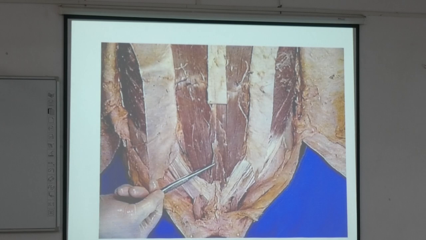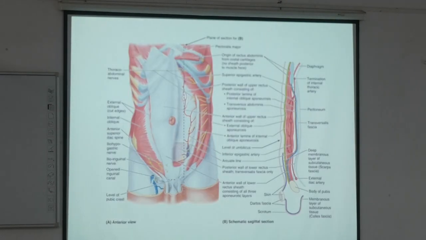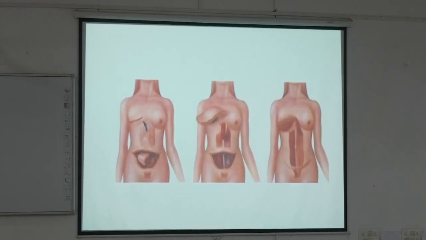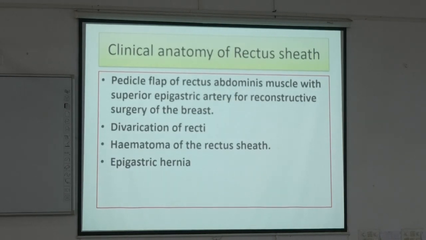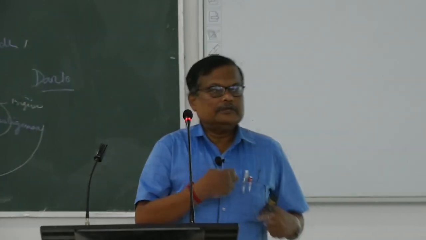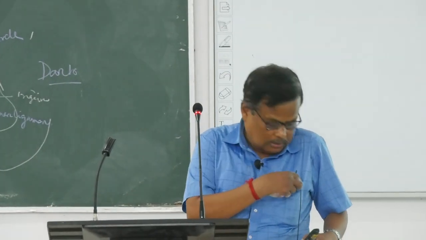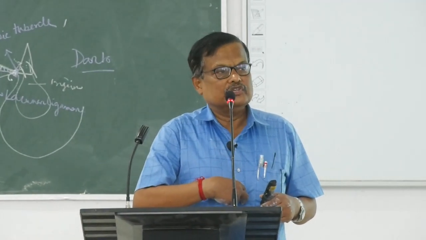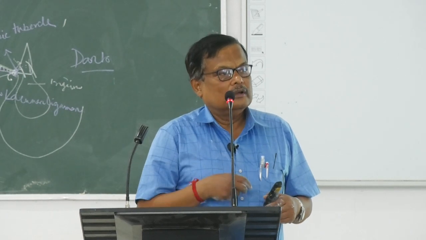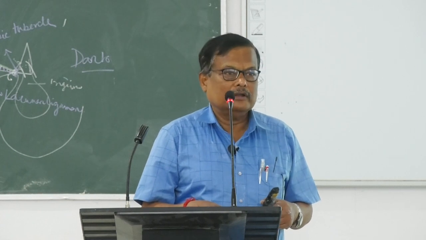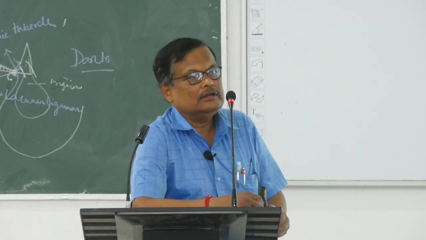আচ্ছা, রেকটাস অ্যাবডোমিনিস মাসল হয়ে গেছে। There is some clinical anatomy of the rectus sheath, divarication of the recti. There is a weakness in the linea alba, just in the epigastric region. So hernia, abdominal hernia occurs in the epigastric region. We call it the epigastric hernia. What is the clinical use or surgical use of the